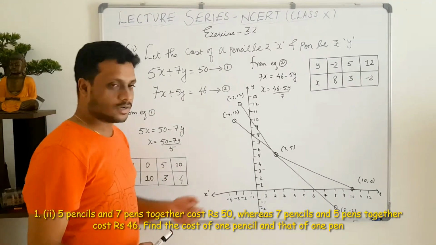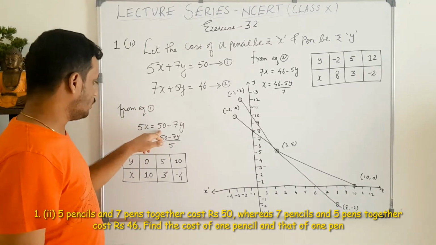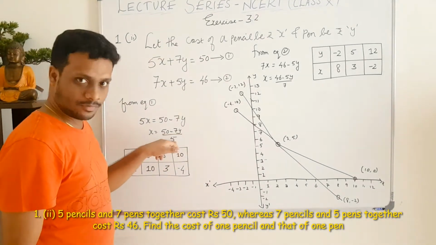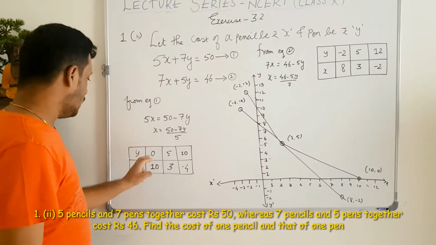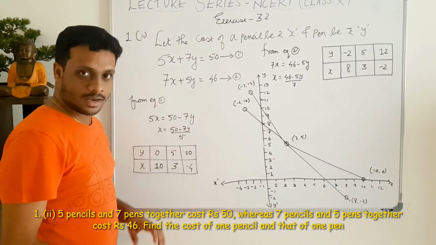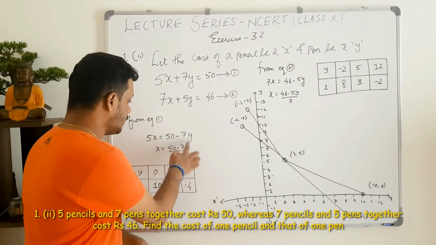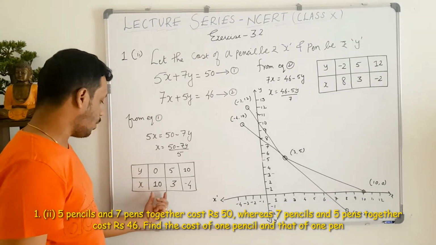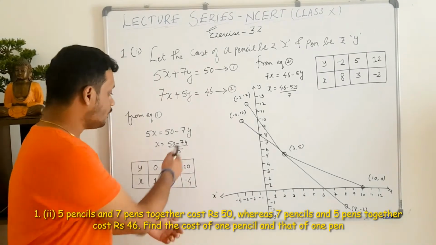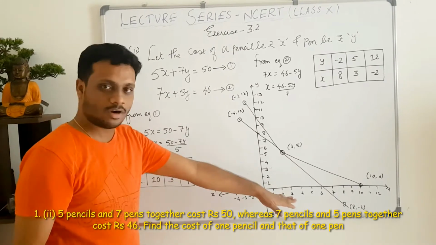Since we have to solve it graphically, first I am taking the first equation, which is 5x is equal to 50 minus 7y. Then from that I get x is equal to 50 minus 7y by 5. And I have framed a table and chosen 3 different values of y. I have taken 0, 5 and 10 because when I substitute 0, 5 and 10 in this place, this term will be exactly divisible and I will get a proper value for x. Why I am avoiding the other numbers is because if I substitute some other value where I don't get a proper value for x, it will be difficult to plot it on the graph.